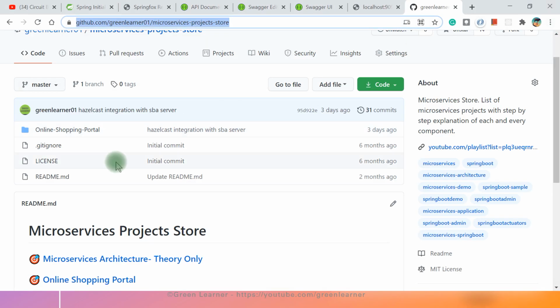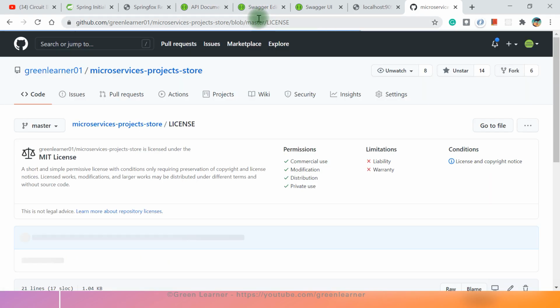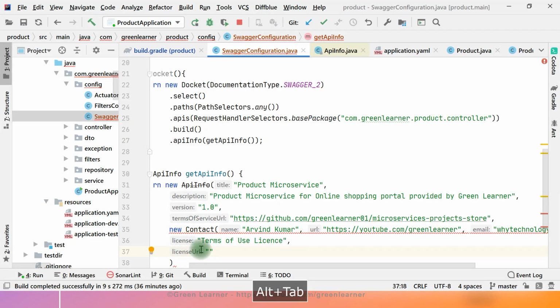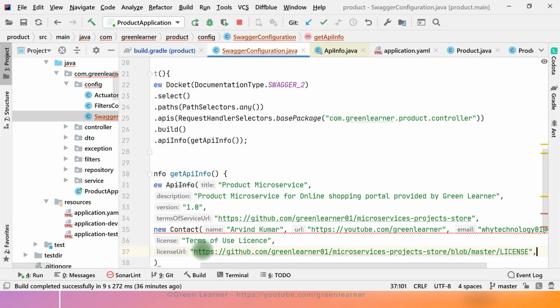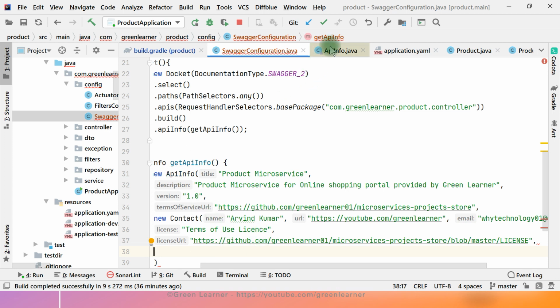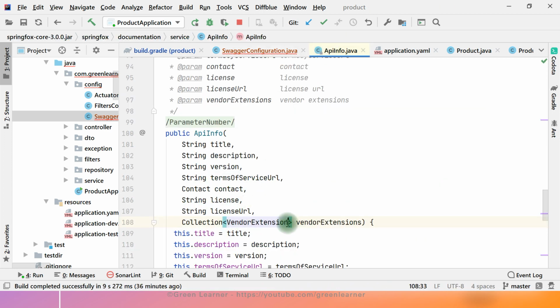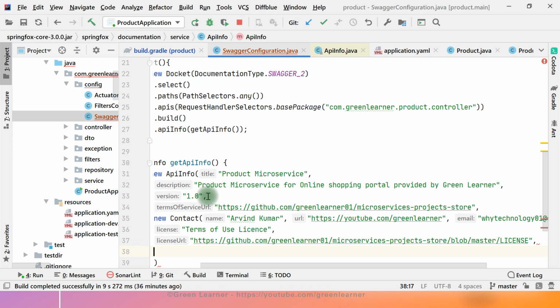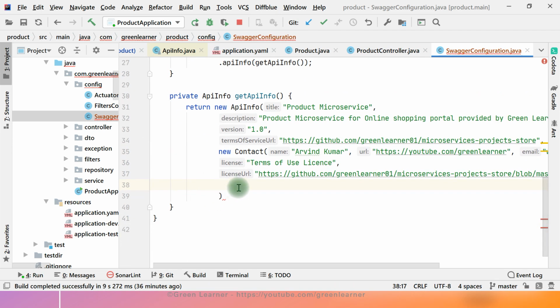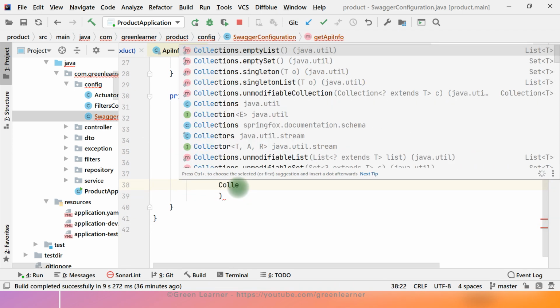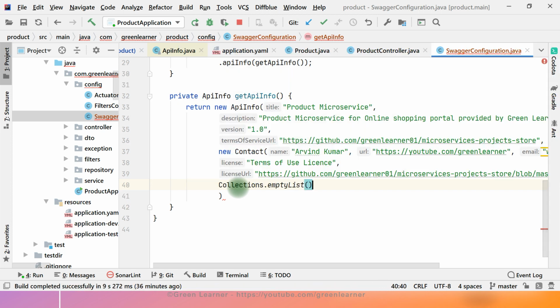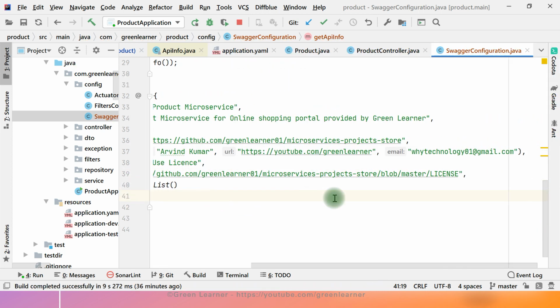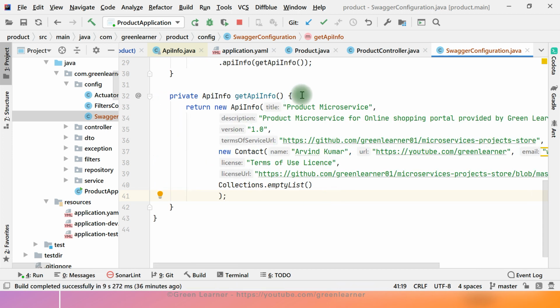So just pick this URL from here. And the last thing that I have to mention here is vendor extensions. We do not have any as of now, but still I have to mention it here. Oh, null we cannot mention, that is going to throw an exception. So yeah, that's it, we are done. Now we have API info ready. Just format it a bit.